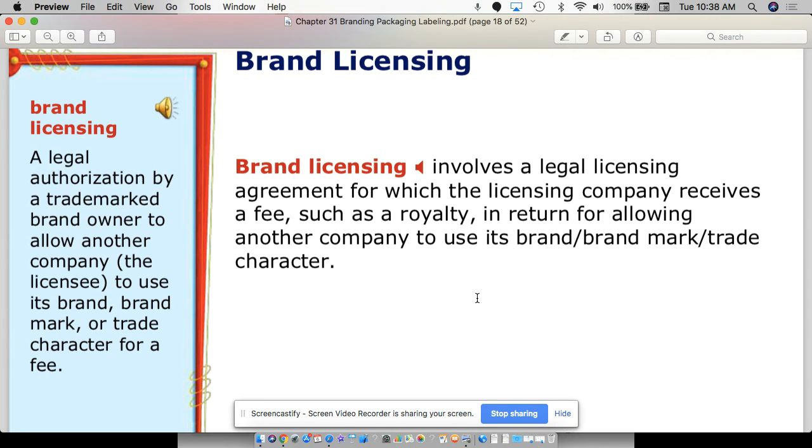But the problem is you could also have somebody who commits a robbery that's wearing a Cubs hat. It's a licensed thing. They decided to wear it. That is your brand that is now showing up in somebody's mugshot. That looks bad. So that does happen. So licensing can be a good thing, but does kind of have a bit of a downside to it.